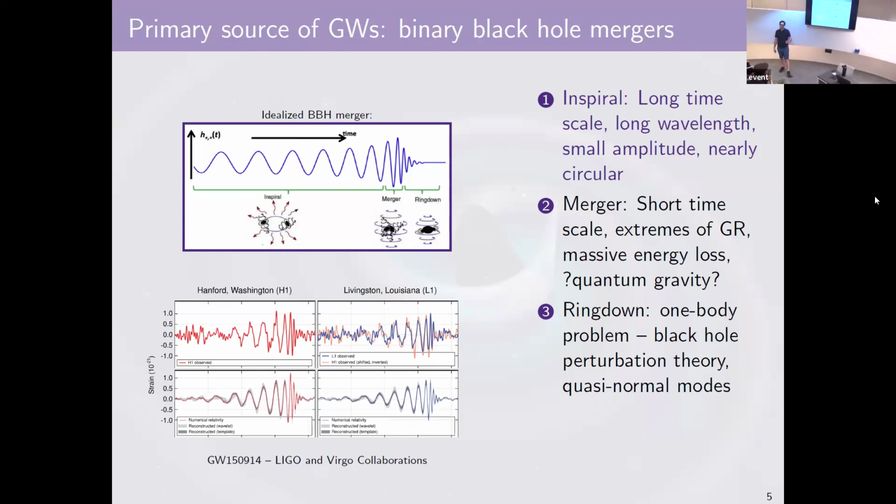And one of the reasons that analytics is helpful for this is that numerical simulations are not so good at pushing way back in the in-spiral phase. I don't have a good graph here, but a lot of the calibration curves that are used for the templates, they cut off where the numerical relativity ends. And it's essentially just because the simulations get more and more expensive, and the more cycles you do in numerical relativity, the more you accumulate numerical errors in addition to whatever other systematics you have. You lose control very quickly as you go for longer and longer and longer cycle durations.